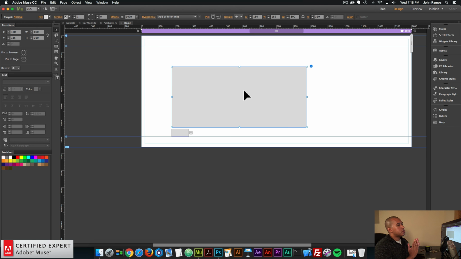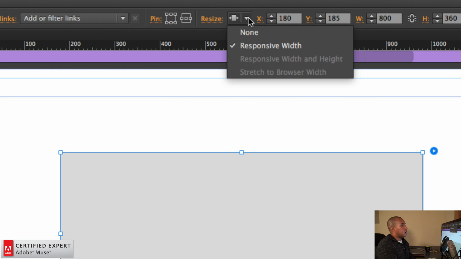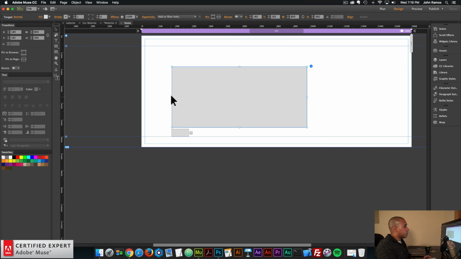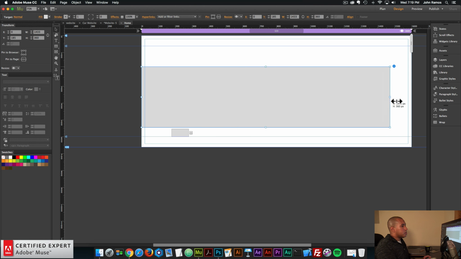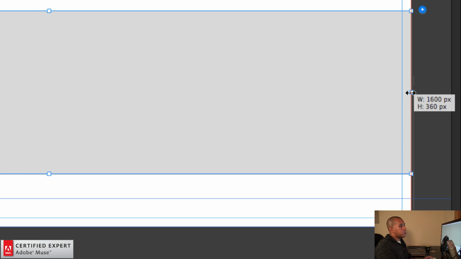So now I'm going to set the target to be responsive in width, and that's going to make it responsive. So I'll select the target right here. I'll go to the resize option up here, and now we see we can set it to responsive width. Before we didn't have this option, but now we do. So we don't have stretch to browser width, but we can set it to the width of the browser by dragging the left edges and the right edges all the way across the page. So I'll just drag here from the left, bring it all the way to the left until it's flush with the left side, and I'll bring it to the right here till it's flush to the right, and it should be 1600 pixels in width